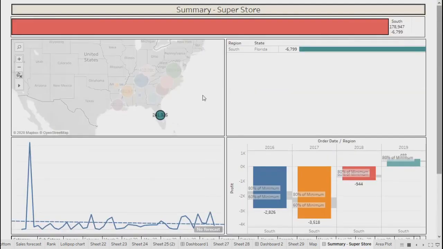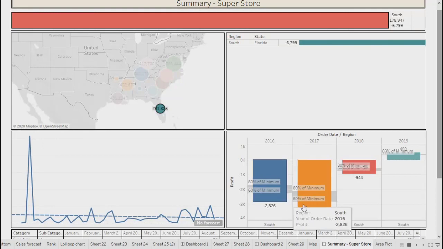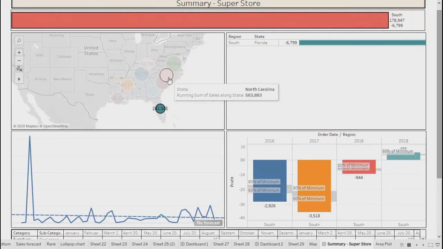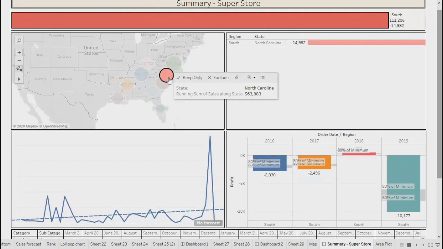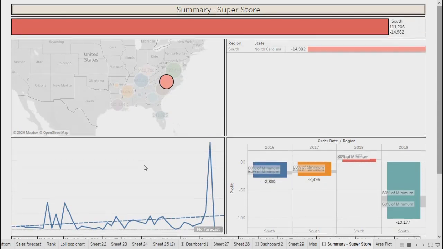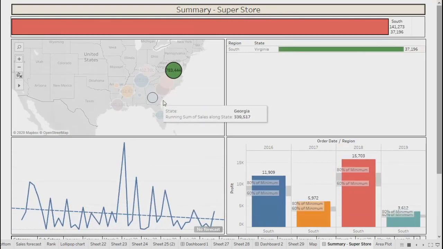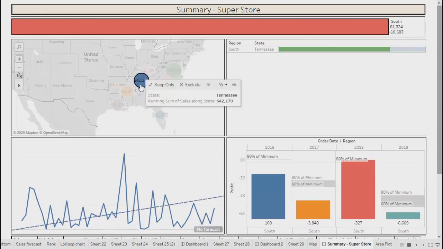So that's how you can forecast for that kind of data. See, if the data is less than 3 months or 6 months, then definitely no forecast will be shown. And here the problem is, if you see for Florida, most of the things are negative. That's why it shows no forecast. But North Carolina, again no forecast, your data is again on the negative side. So generally, for this South region, everything is very less in production.